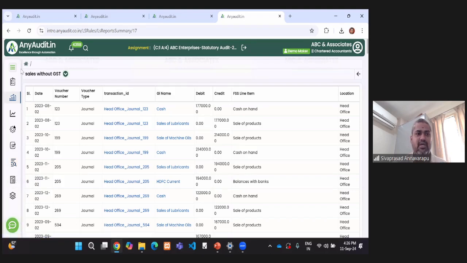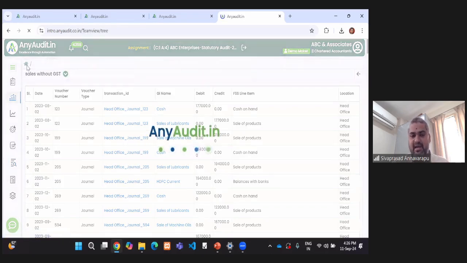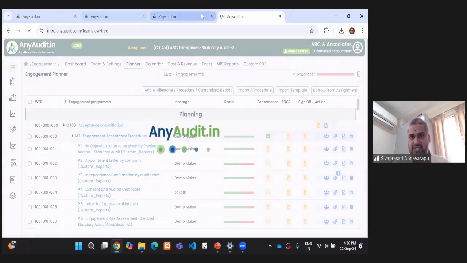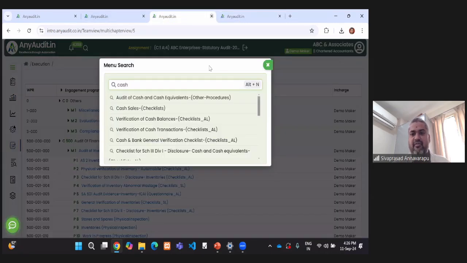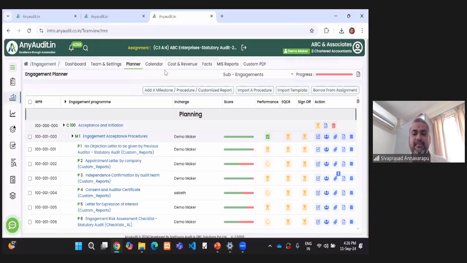And if I go to the last step, what is my last step? My first step is the last step. Go back to the planner. If I want to generate documentation, because we are doing it in an automated system, it is like when you type your journal entries in any accounting package like SAP, Tally, Zoho, or whatever, there is no need to generate a trial balance, balance sheet and P&L. They are readily available. In the same way, if we automate the audit documentation, the archival file, the permanent file and current file are available in real time.